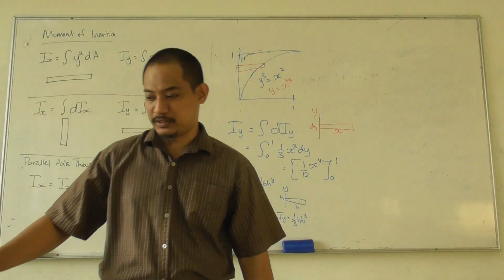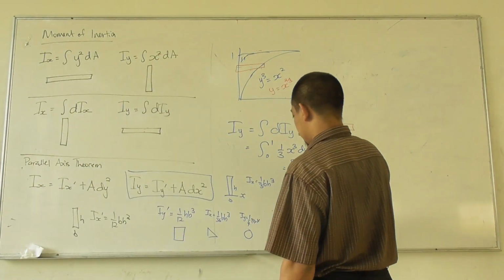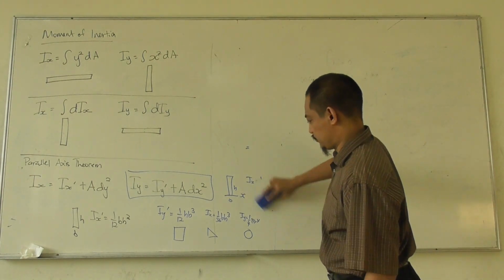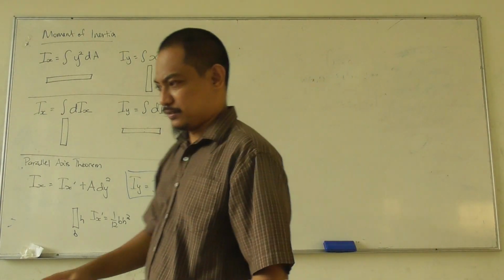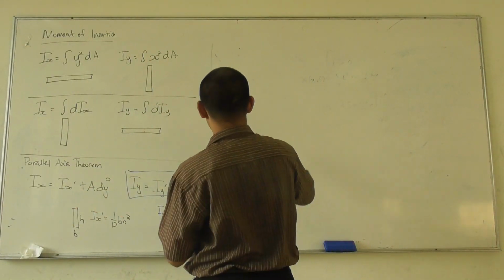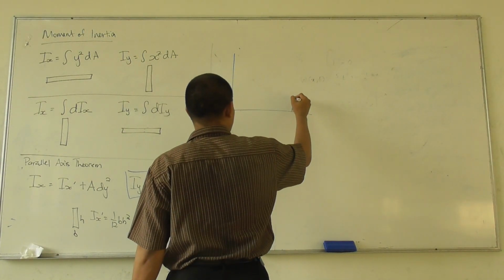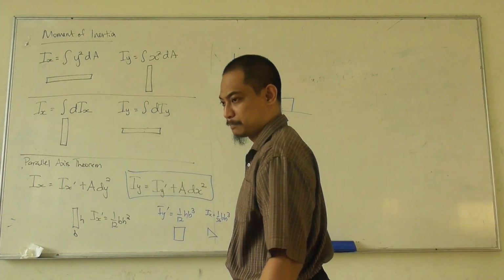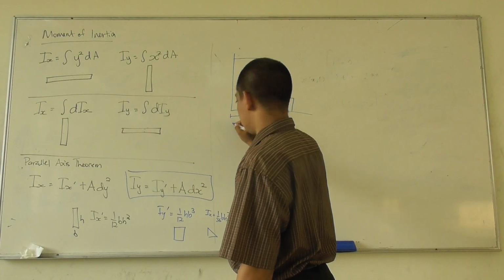Okay, and the last question, another question about composite. So I'll just show you, just to show what is possible to come in the exam. It basically is, you draw the cross section, something like this. Something like that, where, okay, this is quite confusing. This one is